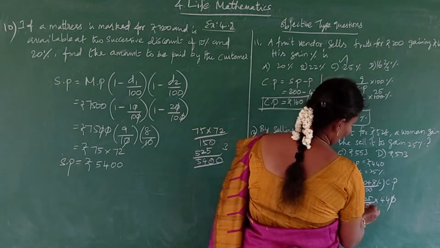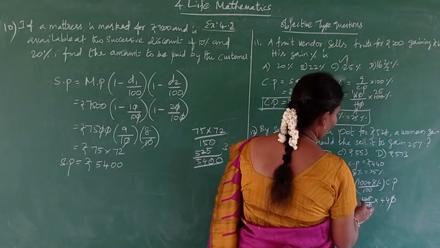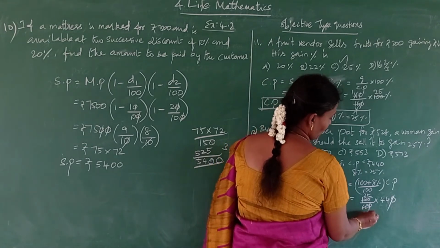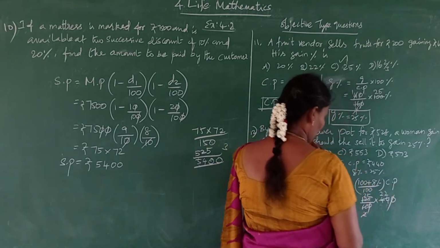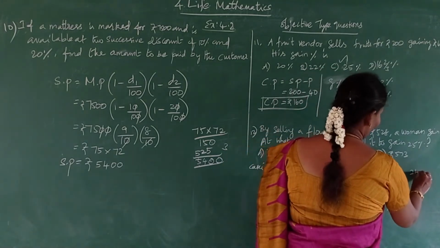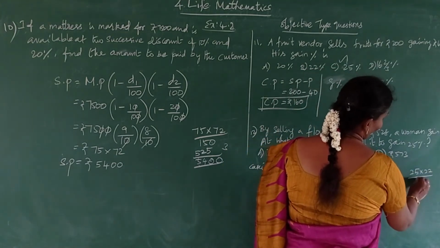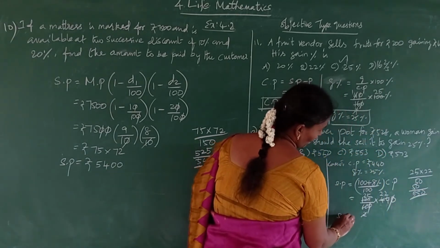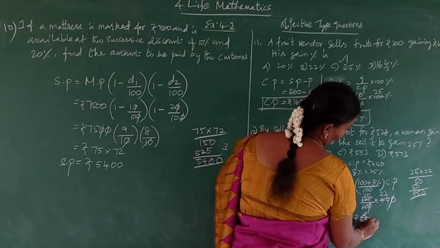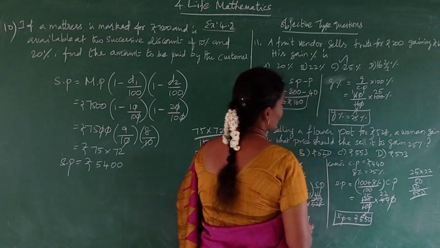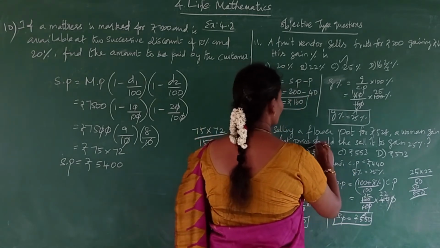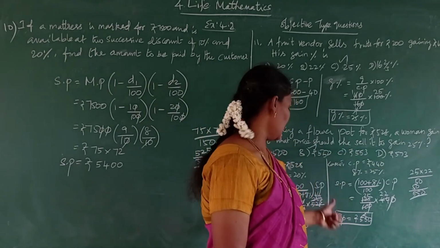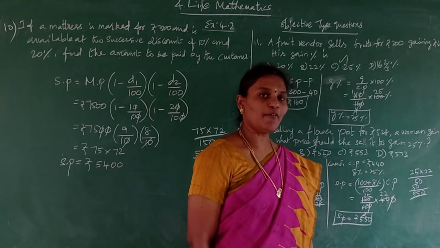Okay, then here cancel the fifth table. 2 times 5 times possible. Then here 2 times. This 2 cancel with here 22. Okay. So 25 multiplied with the 22. 550. So what is selling price? Rupees 550. Okay. Which option is the correct option? See. Here B option is the correct option. Okay, so she should sell it to gain 25% at rupees 550.